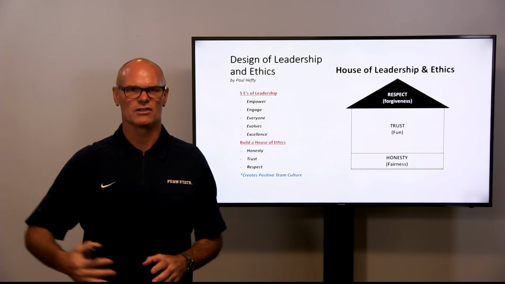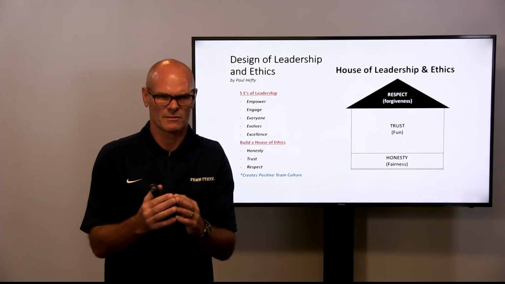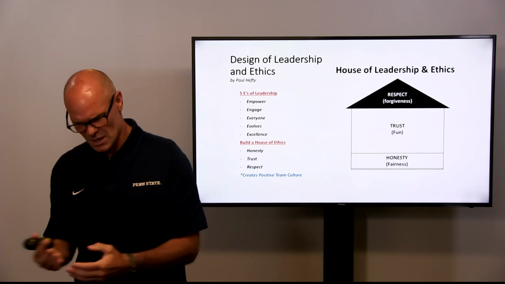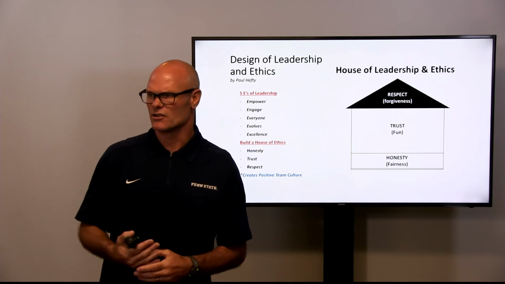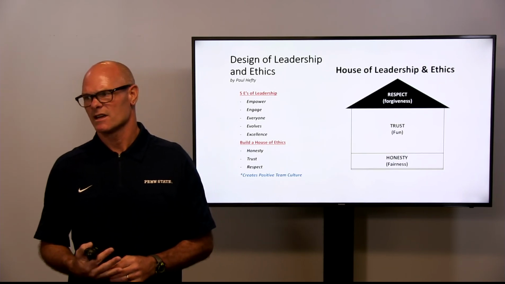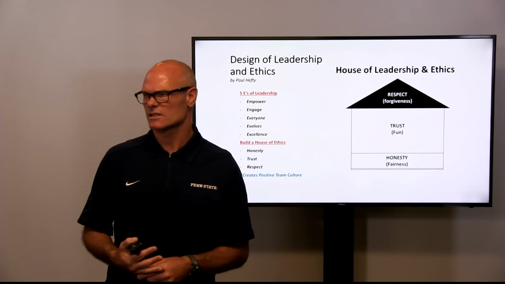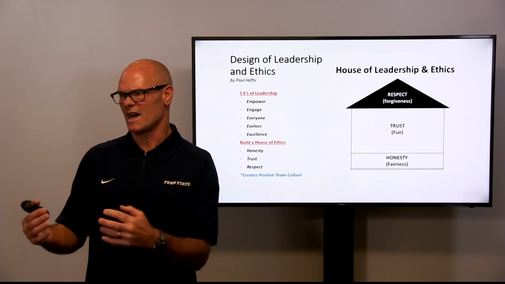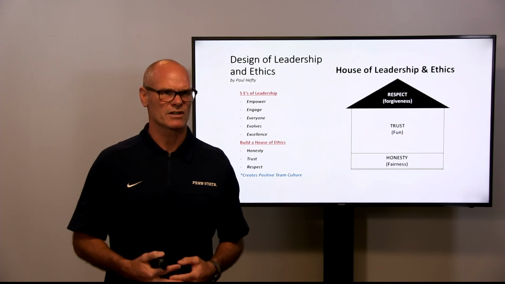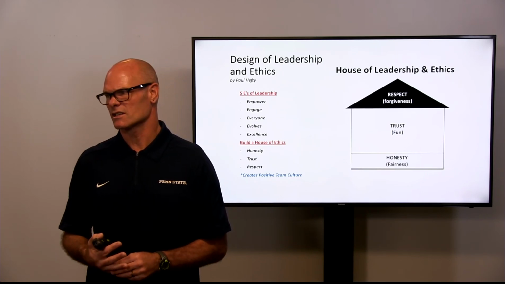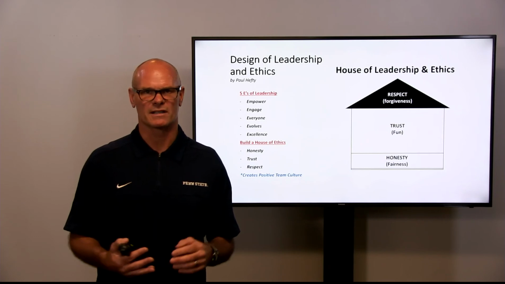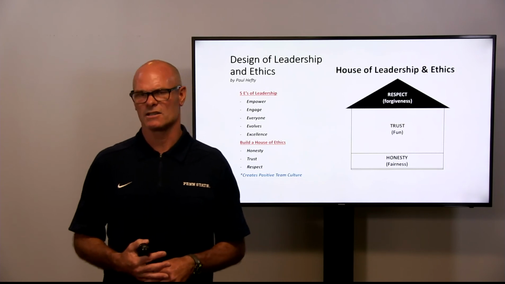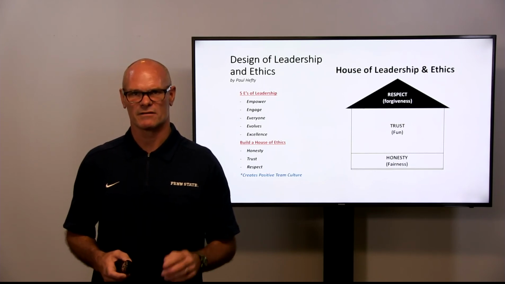This is a layout. You can actually do these visuals, kind of like the pyramid of success from Wooden, or the Dynamic Dozen by Pat Summitt. I use the 5 E's of leadership: empower, engage everyone, and then we evolve towards excellence. You can think of the house of leadership and ethics, where you're building a house based on honesty and fairness, which then develops trust, and hopefully you create fun in your organization. And at the top of it all, it's about respecting individual differences and the ability to forgive. This hopefully creates a positive team culture, a positive family, a positive house.